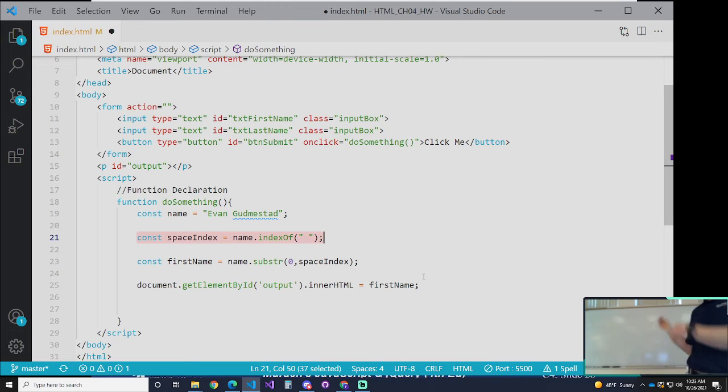Josh? Yeah, I mean, okay, so what's the difference between having the variables in the parameters and then just stating them inside the function? Is there really any difference? Yeah, that's a really good question. The question being asked is, hey, you know,